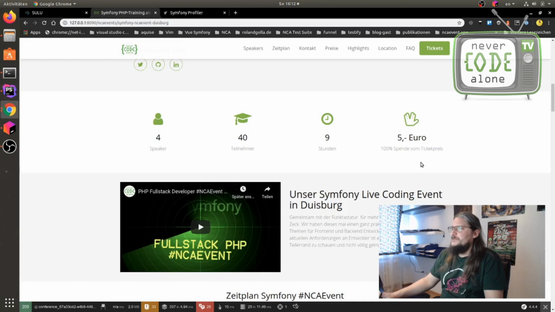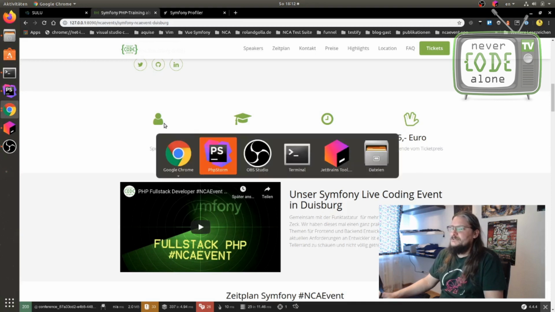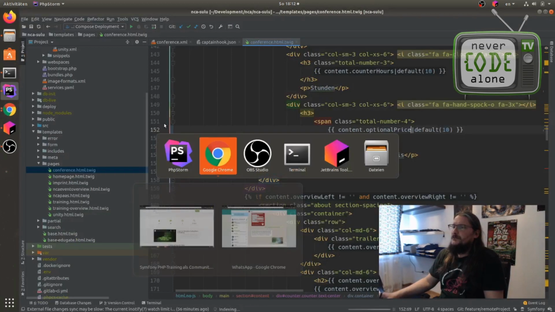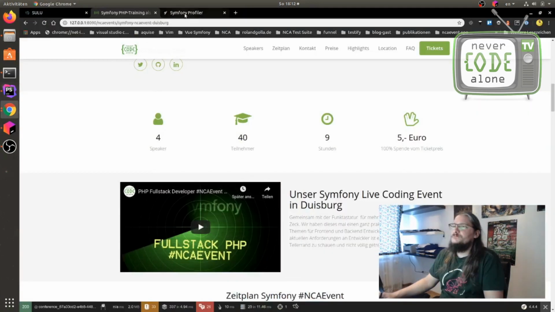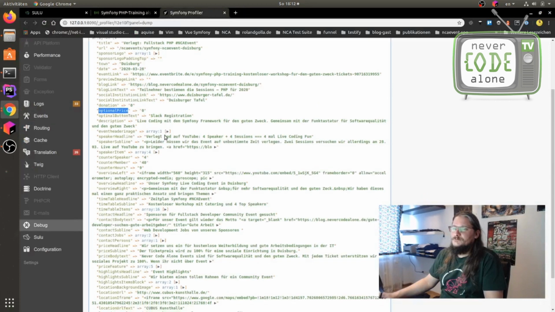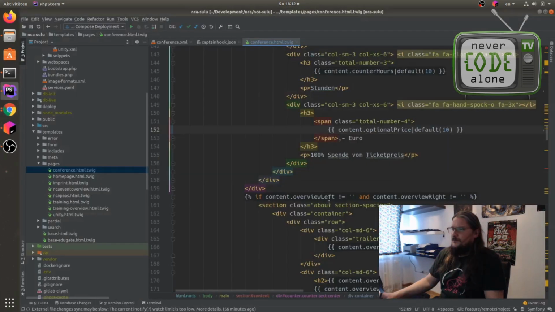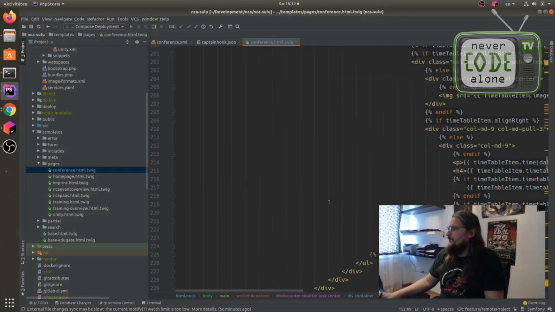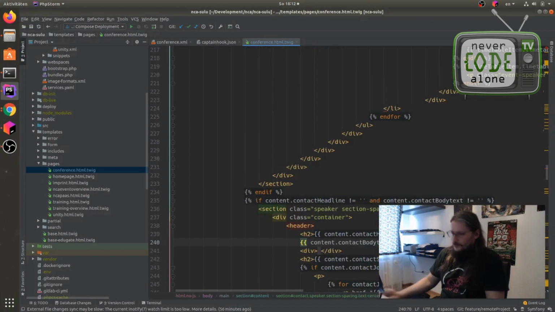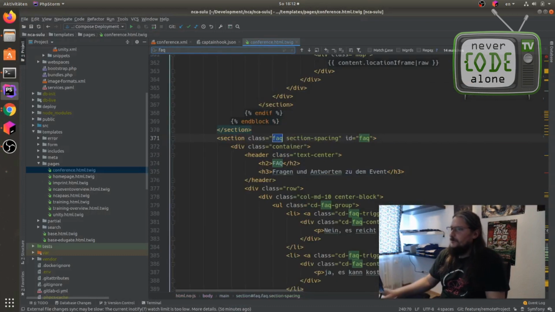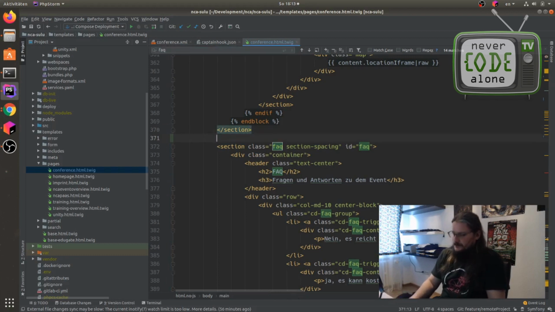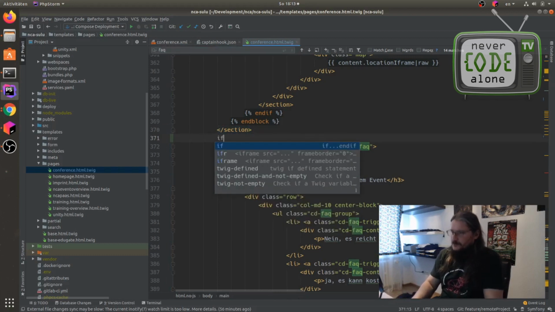Okay, this works, and the last thing is that when we have pressed the invisible button, here is somewhere the FAQ. This is a section here, and we can say, okay, give me an if statement.